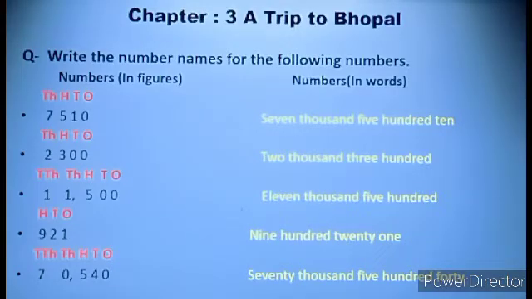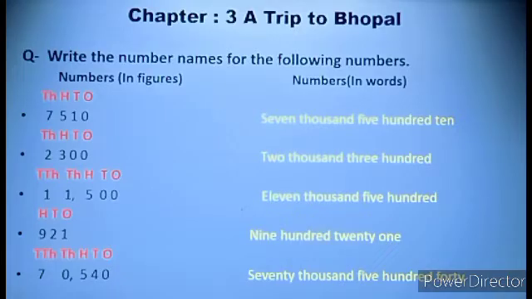70540. Again a 5-digit number, so it starts from the 10,000 place. So 7 is on the 10,000 place, 0 on the thousands place, 5 on the 100 place, 4 on the tens place, and 0 on the ones place. So again we have to read 1000 and 10,000 together: 70,500. Ones and tens are again read together as 40. The way we speak, the same way we have to write. So 70,540. Understood how to read the number and how to write the number?